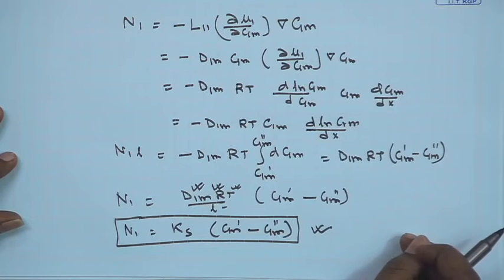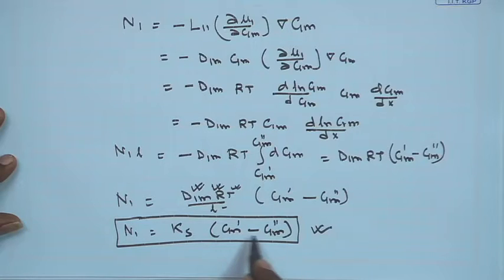Now, if you look into the solvent flux through the membrane, it is basically the membrane permeability multiplied by the effective pressure difference. So, delta P minus delta pi. On the other hand, in case of the solute flux, it is proportional to the difference in concentration across the membrane. Solute concentration in the upstream minus solute concentration in the downstream multiplied by a proportionality constant Ks. So, this quantifies the transport laws of solute and solvent through the porous membrane.